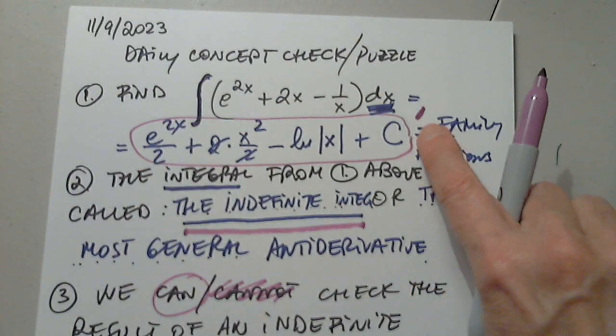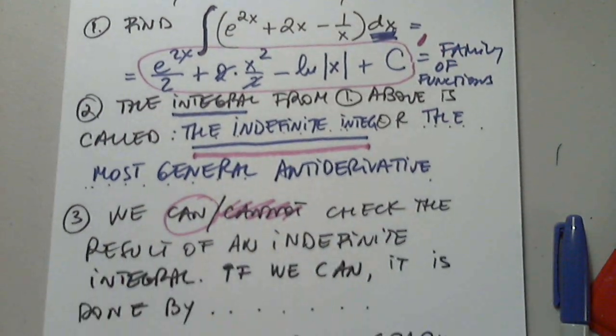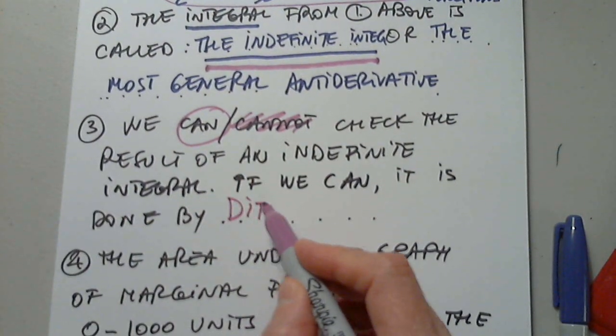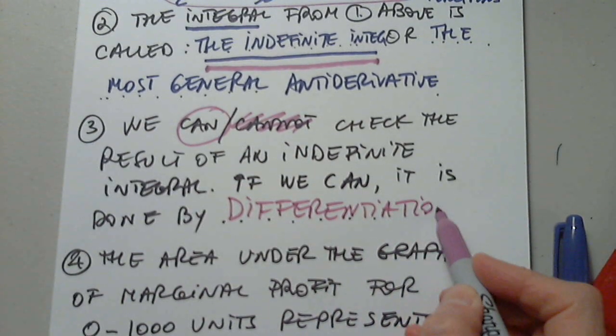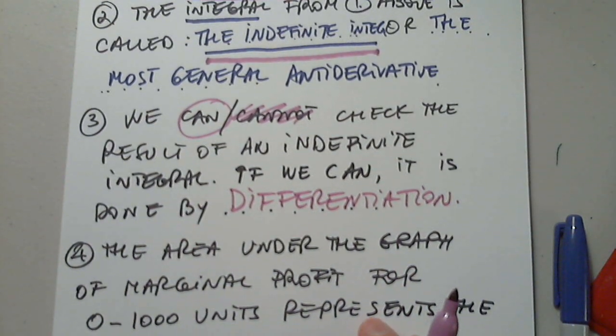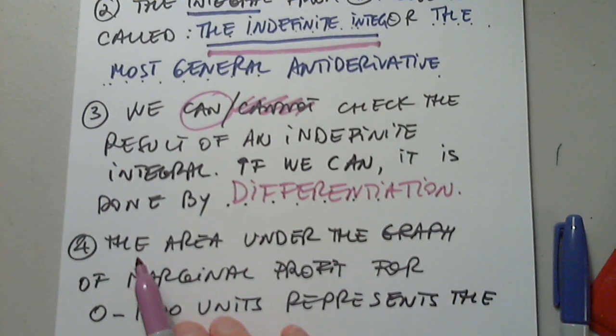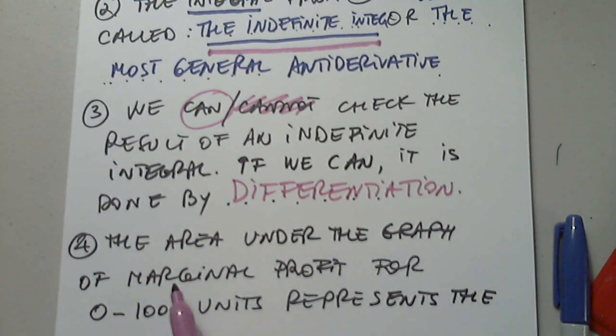what process is this? Differentiate. Thank you very much. Exactly. It's done by differentiation. Awesome. The area under the graph of